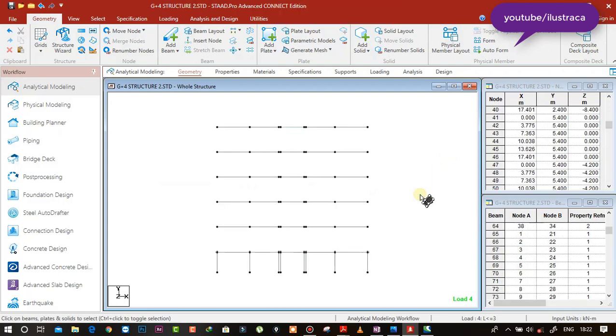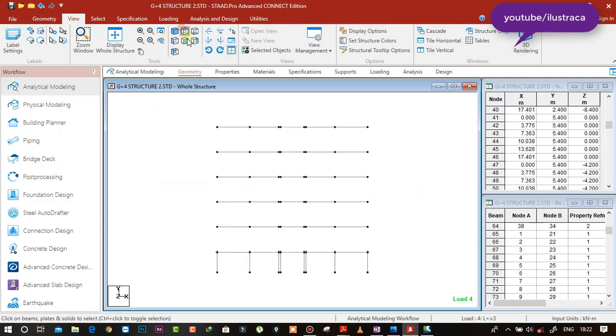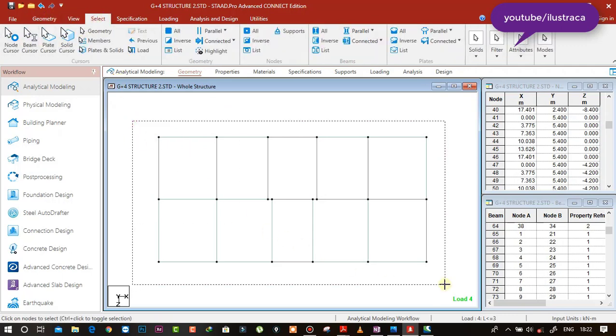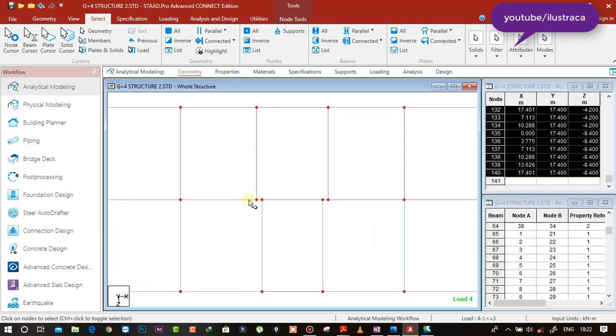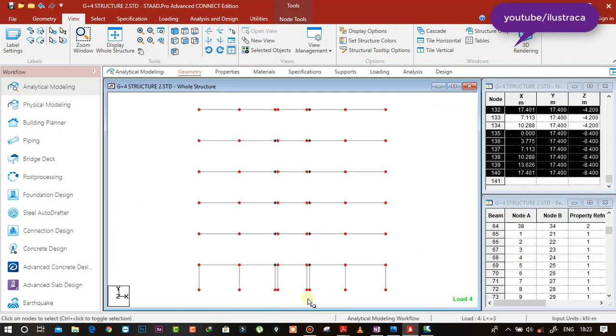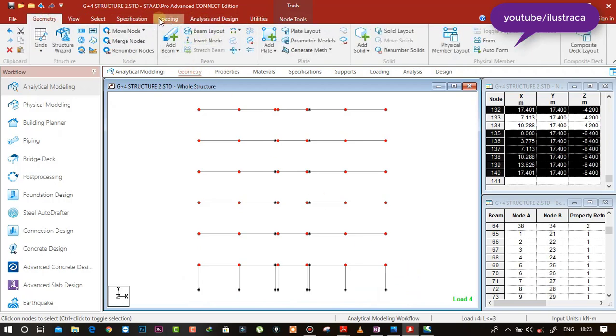Okay, now we'll be going to the top view and we're going to select the nodes. We're going to select all the nodes except these two, and here this one. Now we'll be going to the front view, and you can see the nodes at the bottom also are selected. We need to deselect them. Press Ctrl and deselect these nodes. Now go to geometry and just go to beam parallel to y-axis. So it will connect all the nodes in the y-axis.